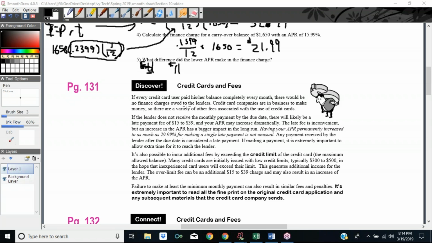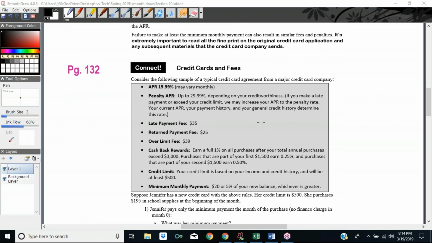All right, so on the next page, we're going to look at this sample agreement and then answer some questions regarding it. So the annual APR, the annual percentage rate, is 15.99%. It says there's a penalty depending on your credit worthiness. If you make late payments, they can exceed the credit limit, or they can change the